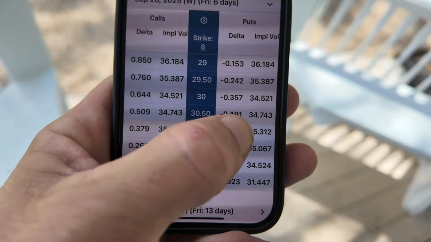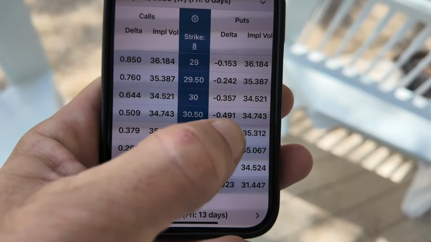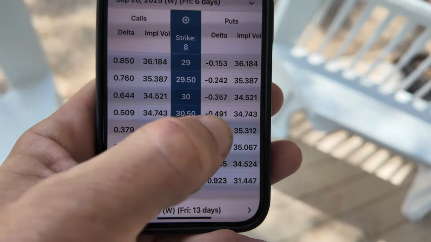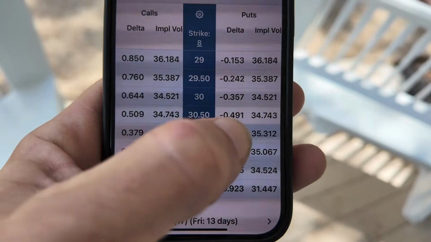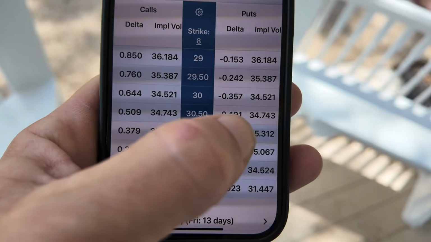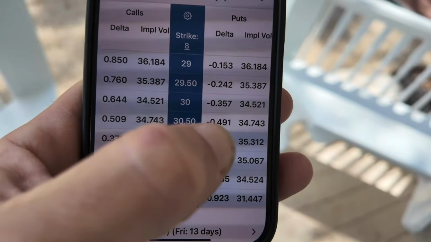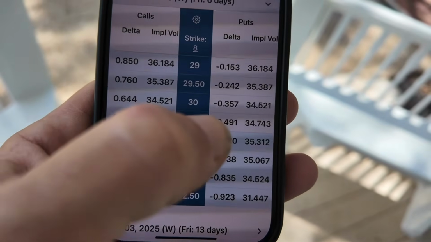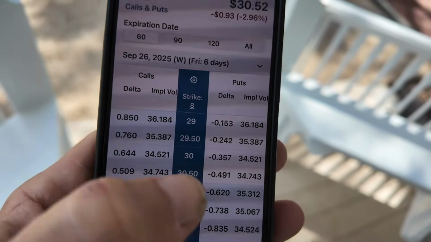What's next to it? The delta, right? So it's 49.1, or 491, which is 49.1. So 49%, right? So that would leave a 51% chance that it will not go in the money. So it's about a 50-50 shot as of right now.